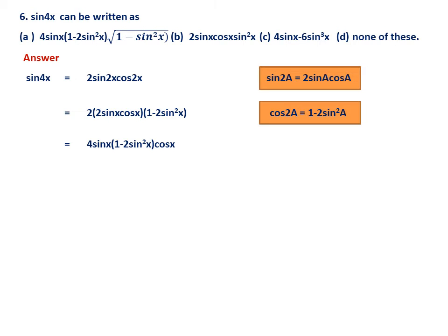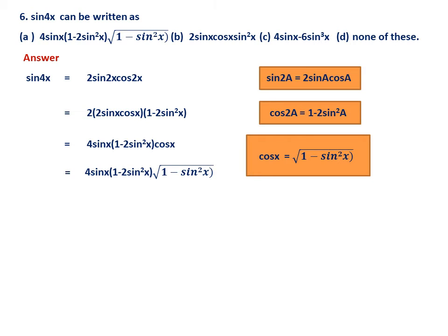Next one, of course, 4, 2 into 2, 4, then sin x, then 1 minus 2 sin square x, then cos x. Now, what you can do is check the options, because in any such question, there is no point in whatever you have written now. It is correct actually, but that is not the given answer. So, you have to search. So, cos x, you know, is square root of 1 minus sin square x. Therefore, definitely you can write it like this, and I think A is the option. This question is simply to revise the concept, the formula which you have studied, that's all.